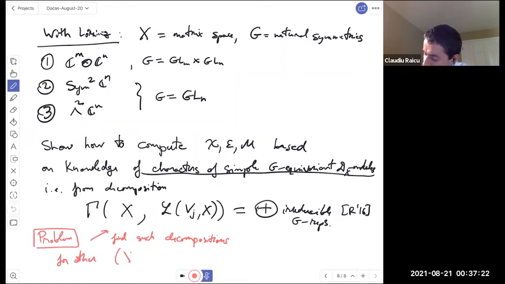So again, X is some representation of a reductive G maybe, with finitely many orbits. You look at simple D-modules corresponding to the closures of the strata. How can you decompose these